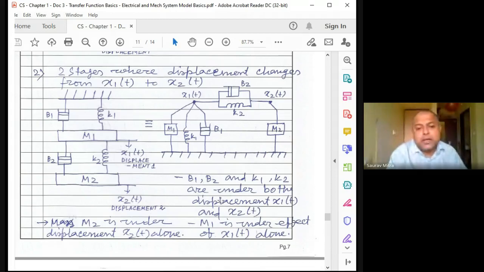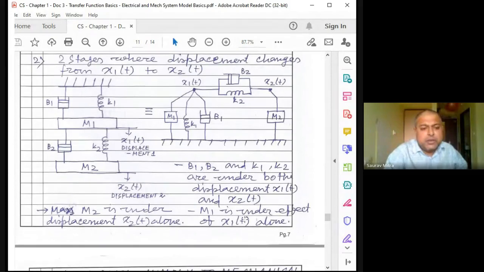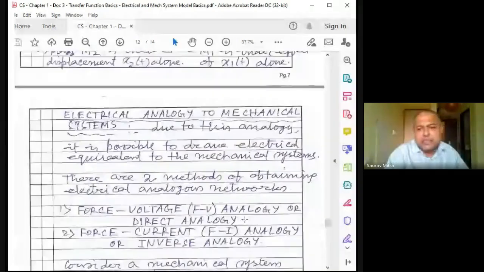B1, B2 and K1, K2 are both under displacement. So K2 and B2 are under displacement of x1 and x2, whereas K1 and B1 are only under displacement of x1. Mass M2 is under displacement of x2, whereas mass M1 is under displacement of x1 alone. So these are the basic things you have to understand. Likewise, it will go on. I will show you the detailed